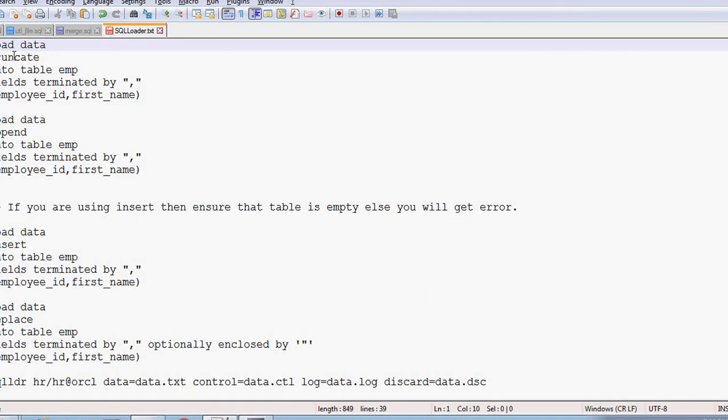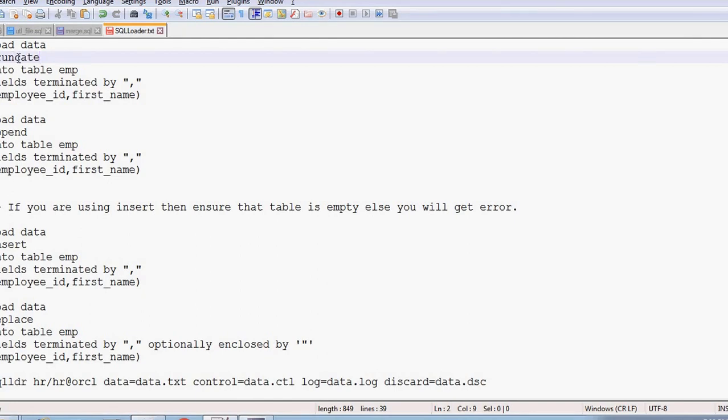And if some data is already present in the target table, the first instruction you have to give is whether you want to append the data, or truncate the existing data and load the new data. Whether you want to truncate the data in the target table and then load the new data from the flat file, or append the data from the flat file to the target table.